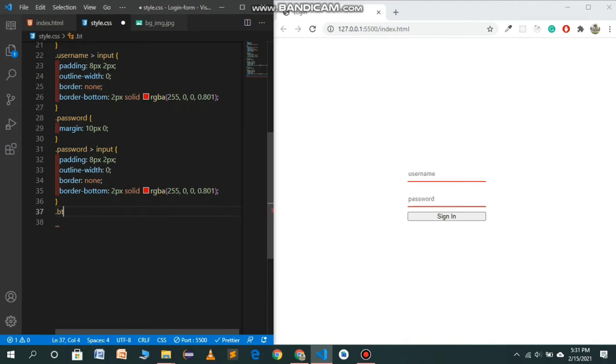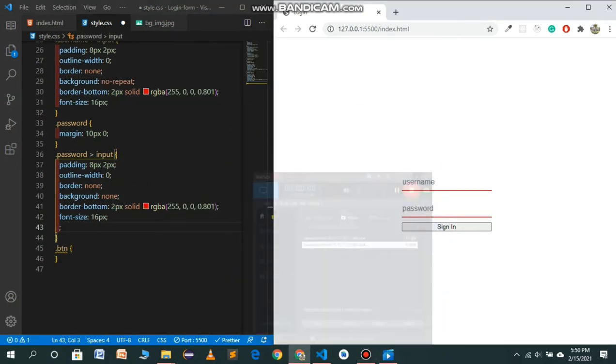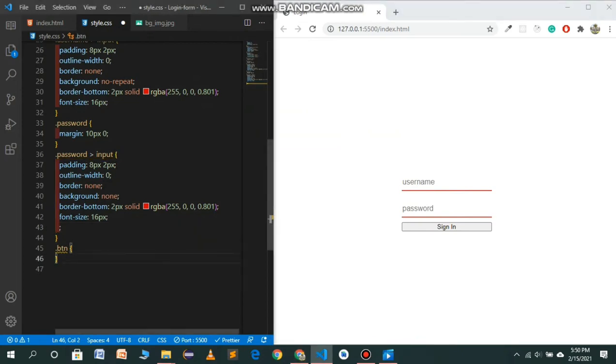Now let's start styling the button. So first of all we have to give it a background of red color. Background color will be this one.